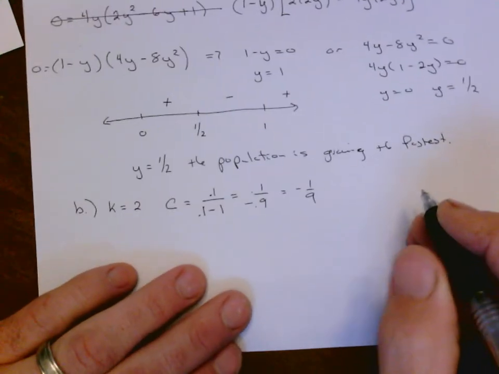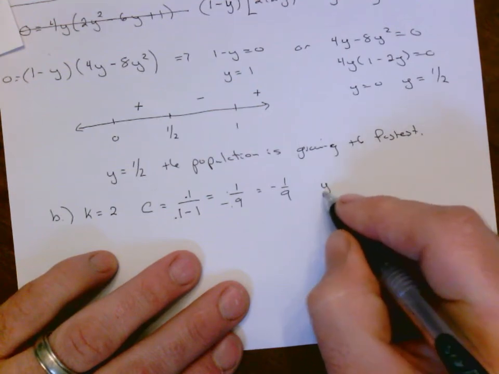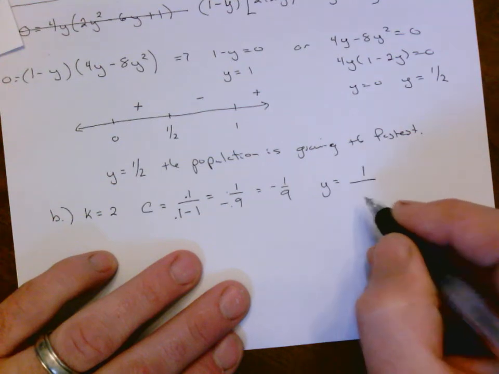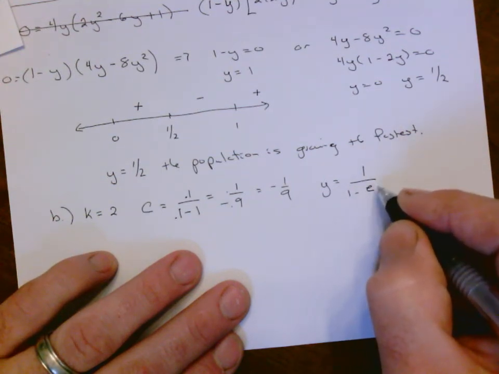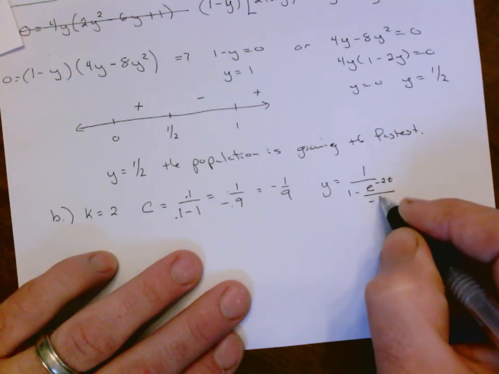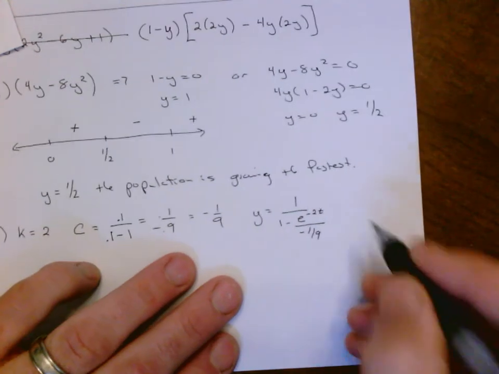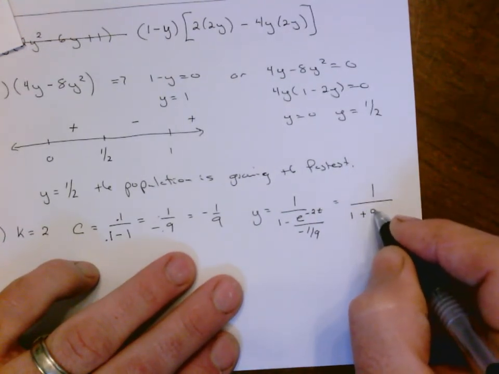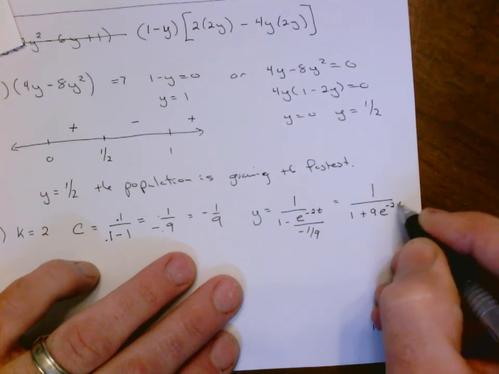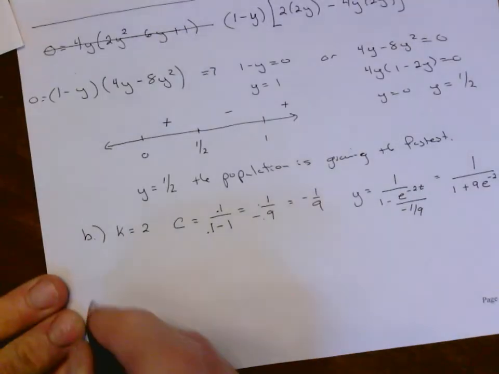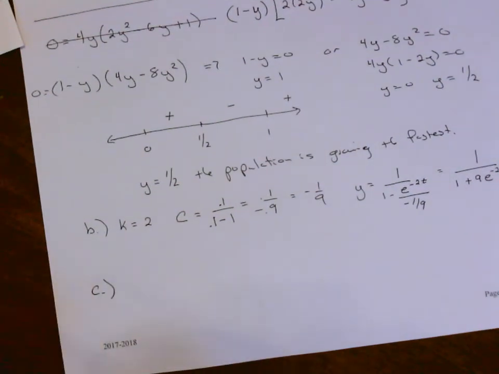Okay, so going to our equation then and rewriting it, I have y is equal to A, which is the carrying capacity, which is 1, all over 1 minus e to the negative k, so 2t, all over negative 1/9. So this is going to be equal to 1 all over 1 plus 9e to the negative 2t. And that's what the formula is going to be. Okay, so C states,